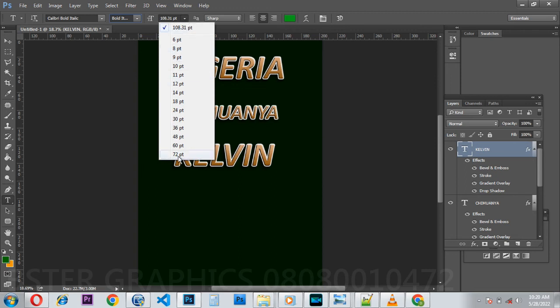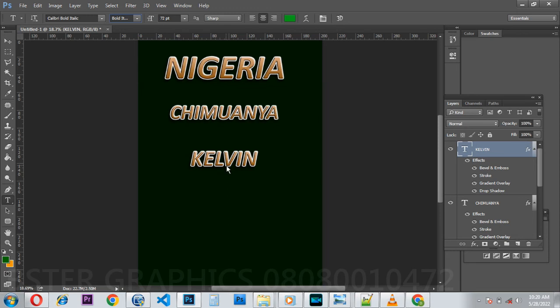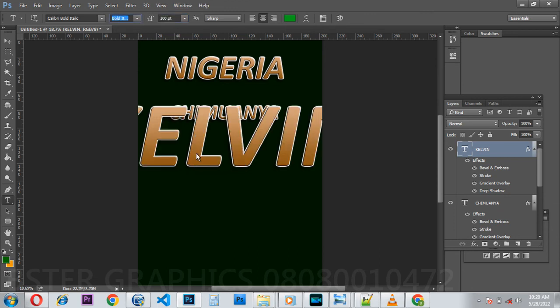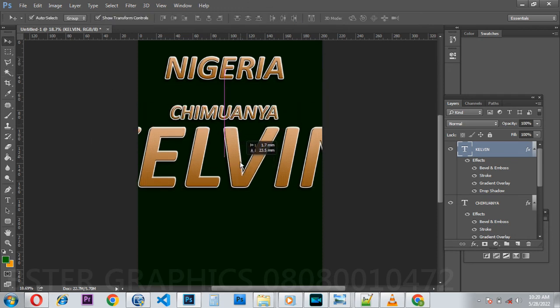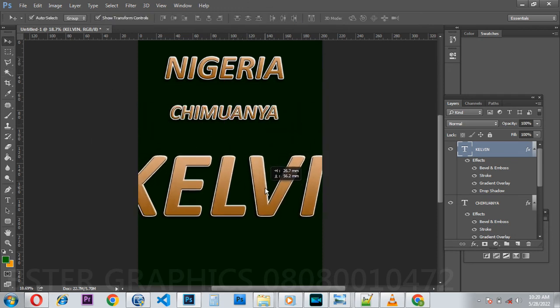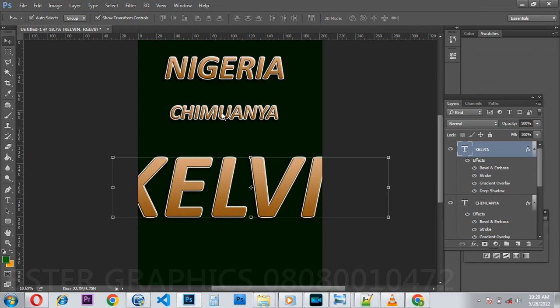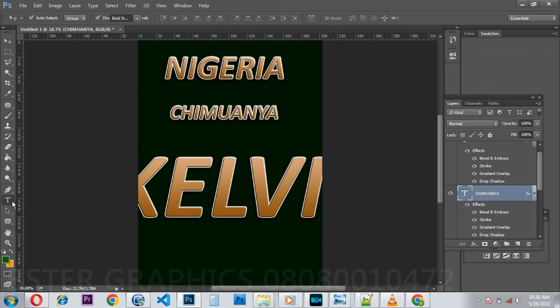This one is, if I put it in 72 to reduce, then if I put it in something like 200, okay, 300 for example, as you can see, it has increased. You see it now, it has increased. And another thing is, let me use this one for the second example. This bold and italic here,